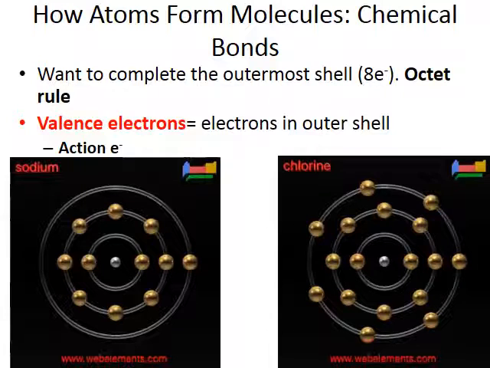So we're just going to basically focus on the electrons, and we're not going to focus on all the electrons. We're just going to focus on the electrons that are in the outermost energy level. Those are called valence electrons. You can think of them as action electrons because things are going to happen to these valence electrons. They'll be stolen, taken away, given up, they'll be shared, and they'll form different types of bonds because of these actions of these valence electrons.